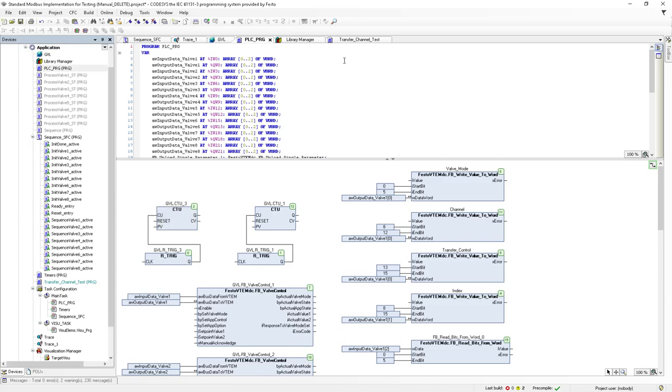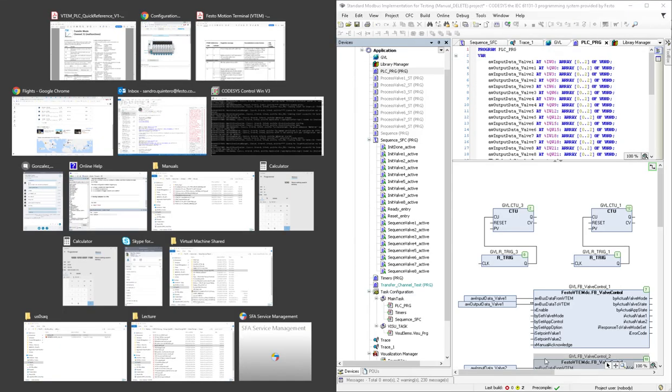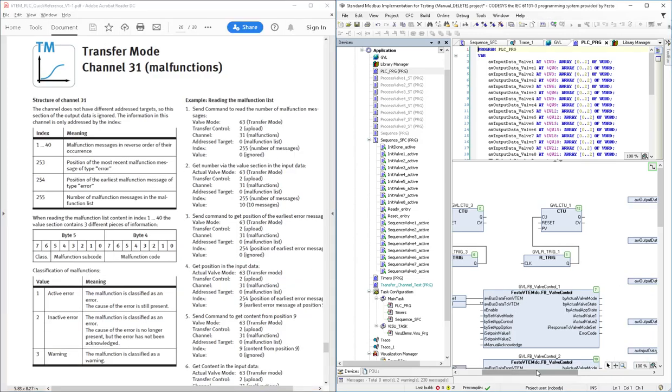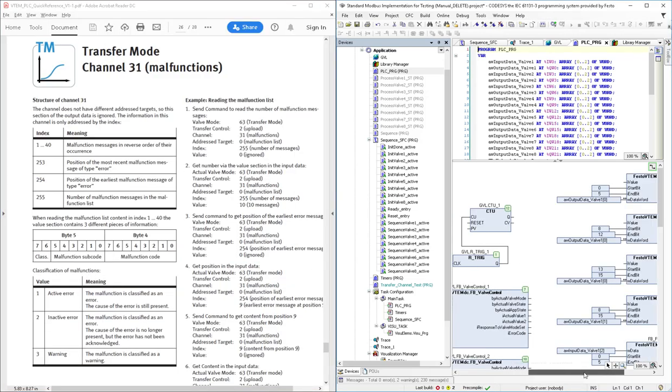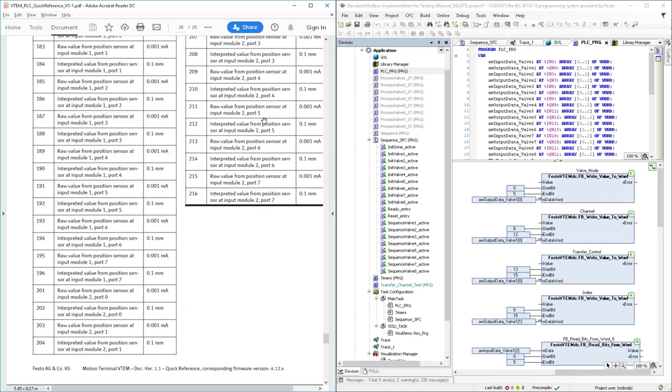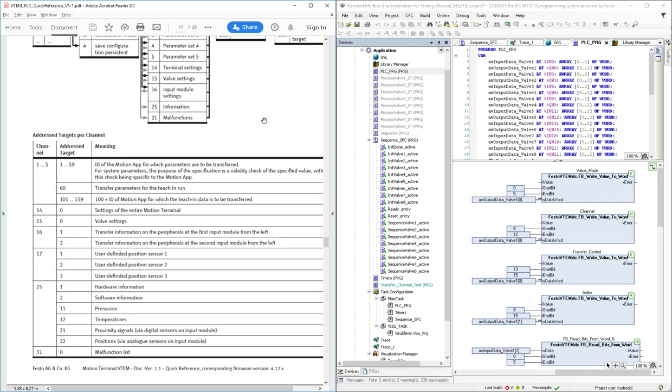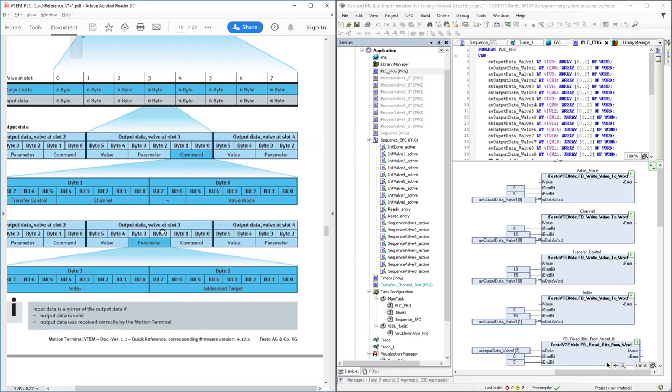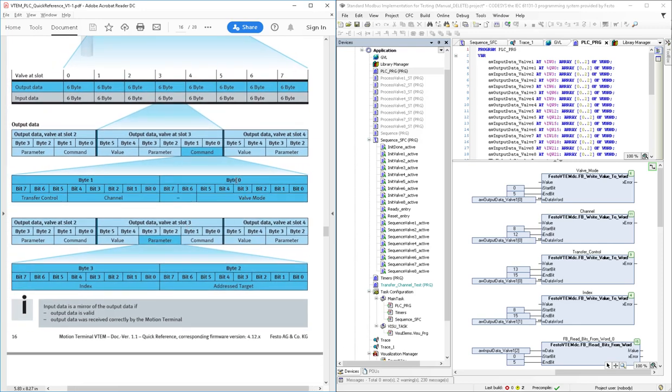So let's see here. Let me put this to the side again so you can see, and I need to bring this one up. All right. So the first is the valve mode. How did I determine that? Let me show you. The valve mode is here in transfer mode. Okay. So it says that the valve mode is specified on byte 0 from bit 0 to 5,